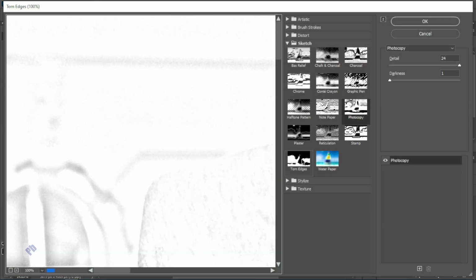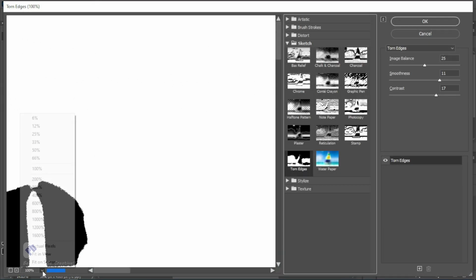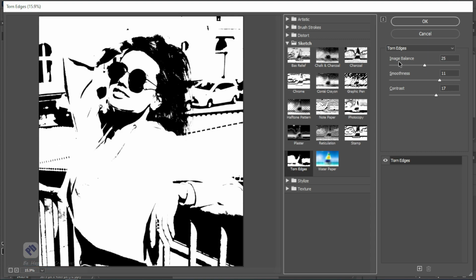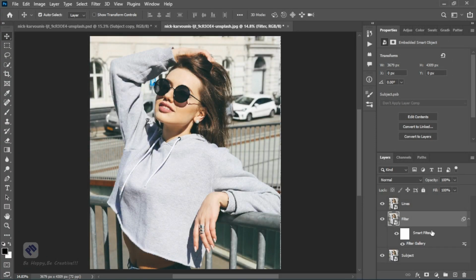and select Torn Edges. You need to fit the image on screen for a better result. You can set your own values according to your image, but these values work well for all images. Image balance is 25, smoothness is 11 and contrast is 17. This works for our image. If you want, you can use these values. Then click on OK. After that, select the lines layer and go to the filter gallery